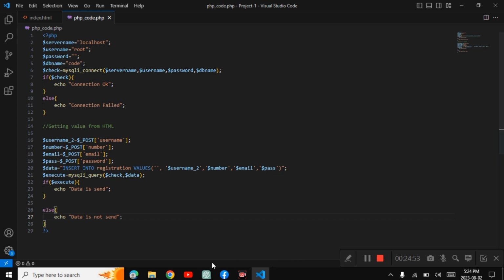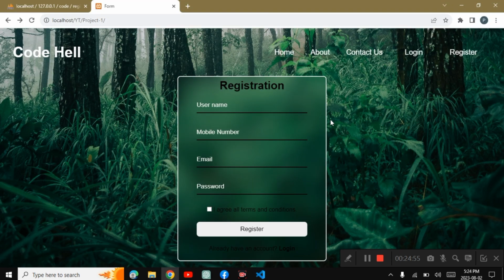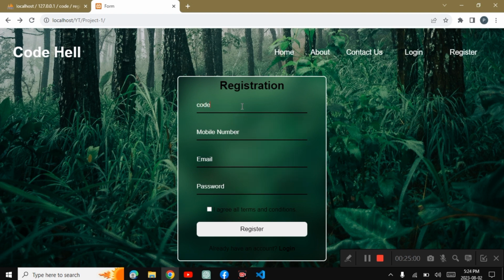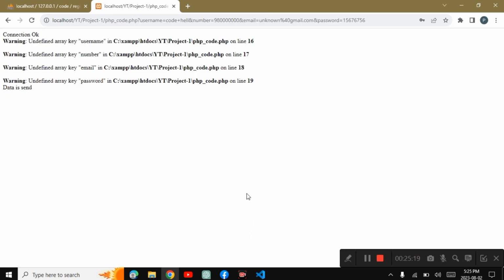Now let's check it. So we go to form. Now let's put some information here. I am writing code help, mobile number 98, email section @gmail.com, password section, I'm adding something GPT and agree. Let's click on register. So as you can see here, our connection is okay and our data is also sent,